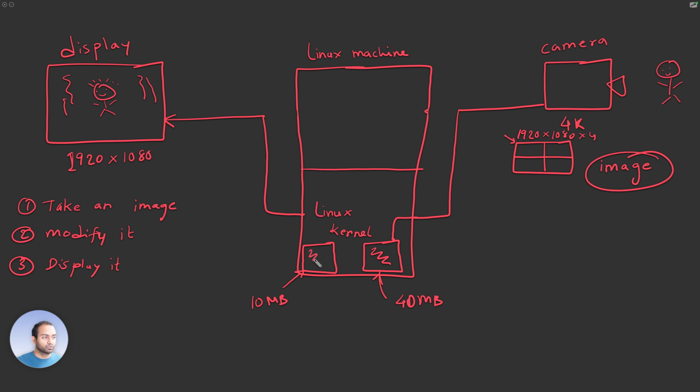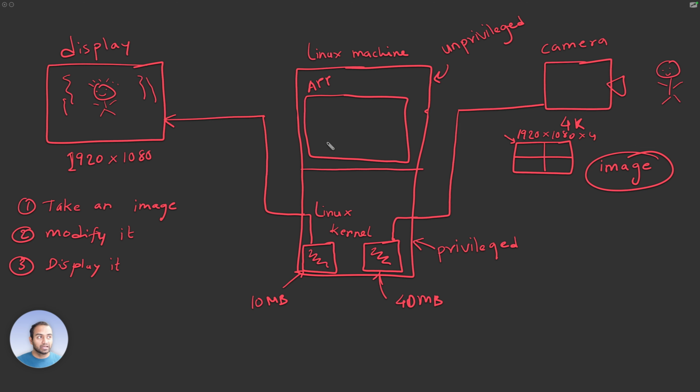And whatever is put into this buffer would be sent out to the display. Let's just make it like that, for simplicity. Now the question is that your application is running on top of the Linux kernel, in something called user level. The kernel is running in privilege level, and the user space, so to speak, is running in unprivileged level. What unprivileged means is that the application cannot directly go and talk to the camera or